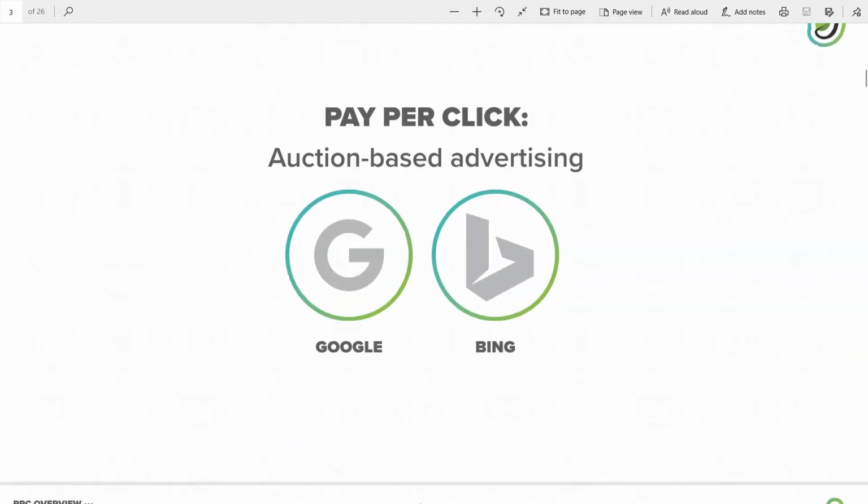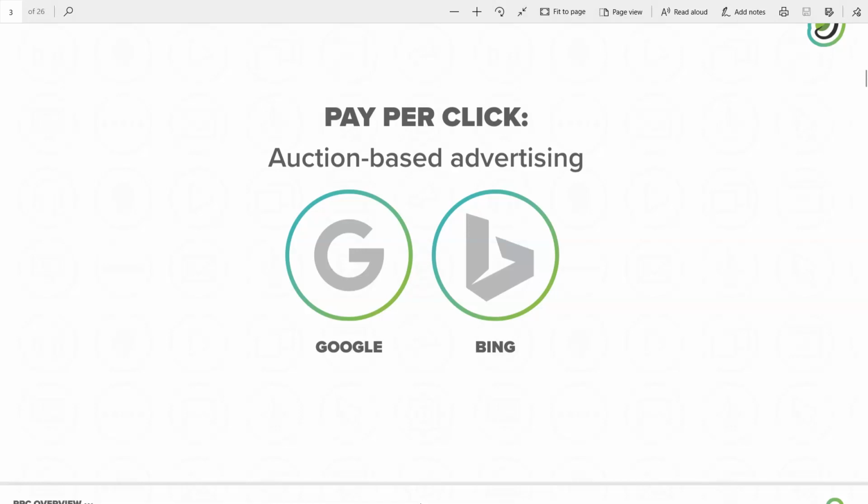So pay-per-click in a general sense is an auction-based advertising method. So basically the platforms like Google and Bing that offer pay-per-click on sort of a search basis, as a keyword is entered by a user, the platform is going to do a calculation to determine what it would cost for the business if a user clicks on that ad. So for example, if somebody searches basement waterproofing near me and there are, say, 4 competitors bidding on that keyword,